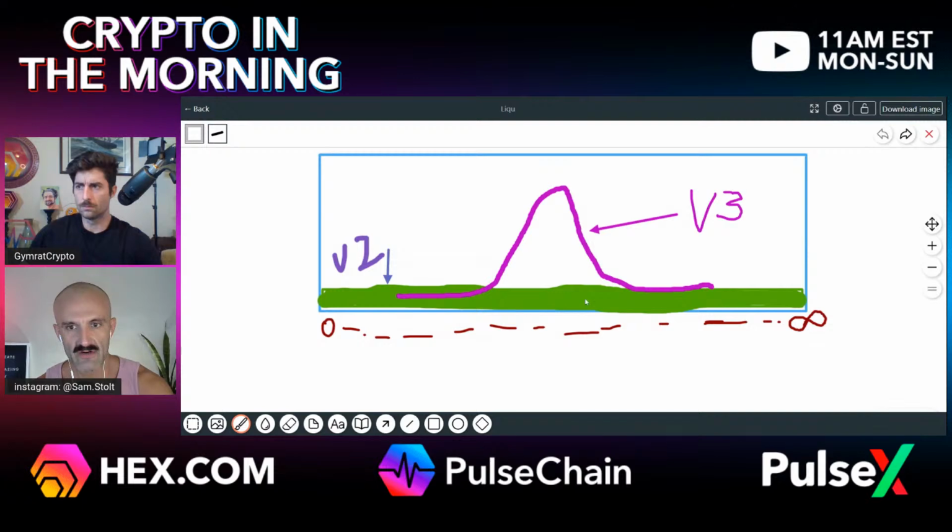V2 you can see here in green, right? So let's put something on here as the price. We'll say that this is the price here in the market. V2 spreads this distribution out all over the place. Remember that tweet that we just read, where the liquidity is going to concentrate. It's going to pull together at that midpoint, if the asset has any strength on both sides, any legitimate strength, which most assets don't, but the ones we deal with generally do. Correct.